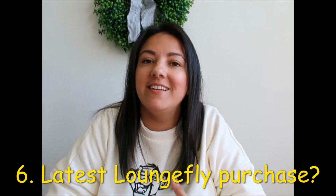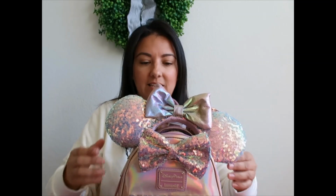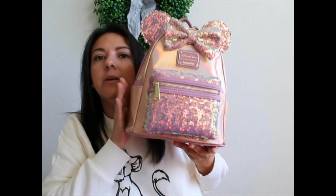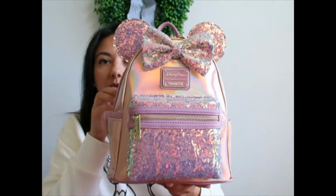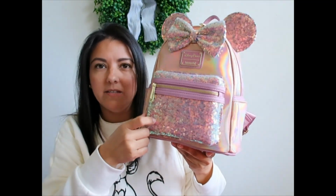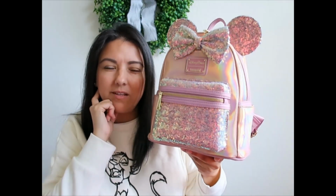Question number 6, latest Loungefly purchase, and it would be this girl here. I mean, the ears don't come with the bag, but I just have them there because they belong together. Obviously, they match. The pink iridescent one. This one is so beautiful, but so full of imperfections. We've talked about this in several videos. I don't understand the price point. I don't know why they went so expensive. I know that all the sequin bags are more expensive than the other ones, but this one is over the top expensive because it was $110. And then after that one, they released a 50th gold one that is like $300. What's up with that,